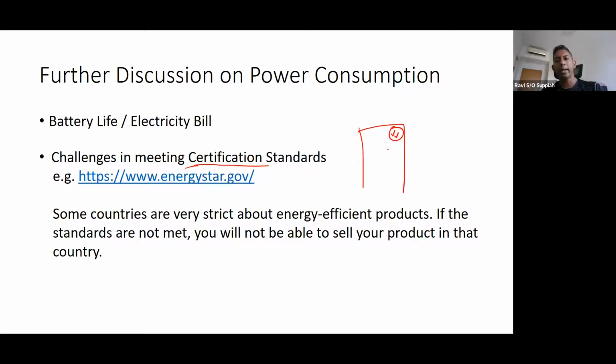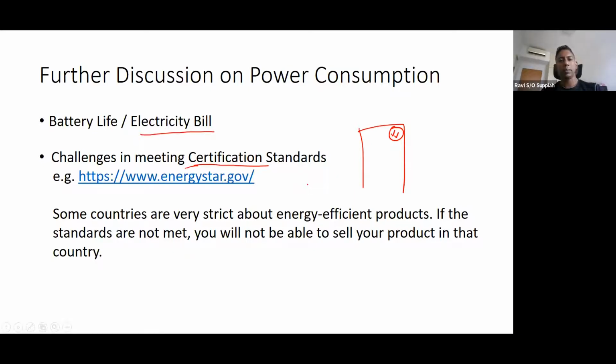For a handheld device, we are more interested in knowing whether it can at least last for one full day, correct? Before I need to plug in my power again. But for devices at home which you use regularly, your TV, your fridge, your aircon, and so on, you will want to look at how energy efficient it is, so that your monthly electricity bill is not too much.